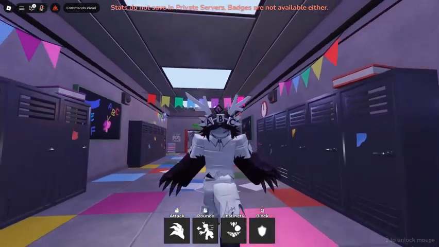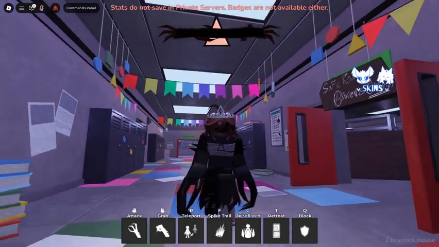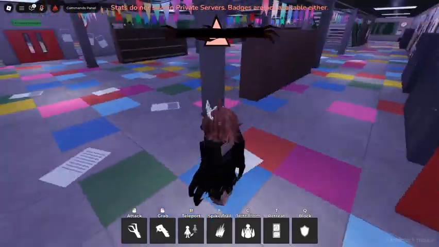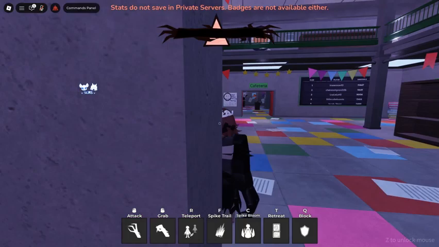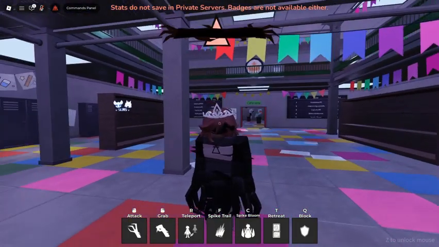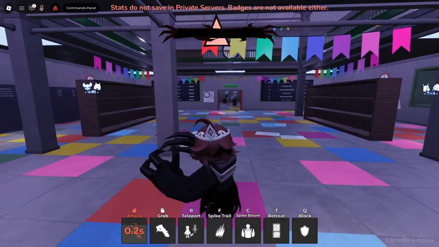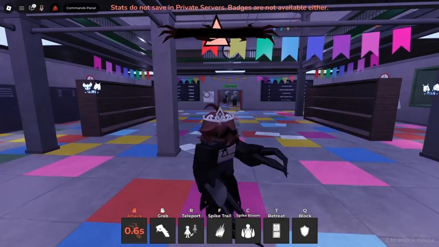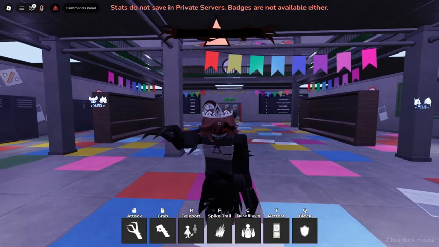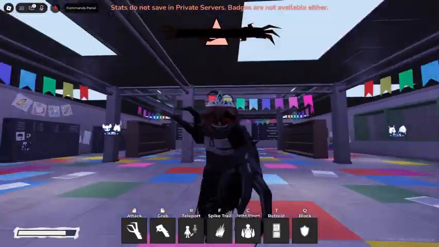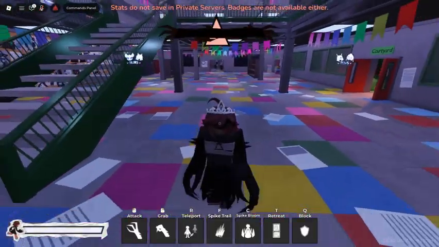So let me show you the last character that we have, which is Alice. This is what Alice looks like. Now as you can see, she has a lot more abilities than the other two had. She has her normal claw attack, which you can kind of just spam. And then she has her grab ability, which if there was someone in front of me, I could use to grab them, and I would be holding them in my hand right now. I'll show you what that does in a little bit.